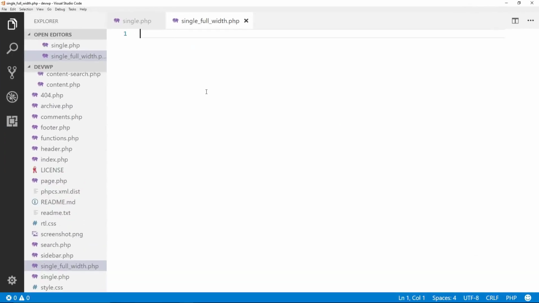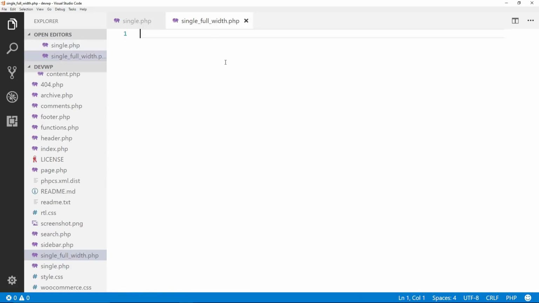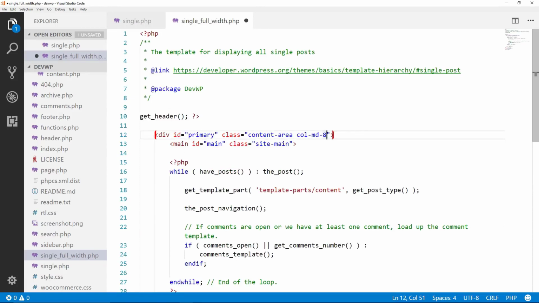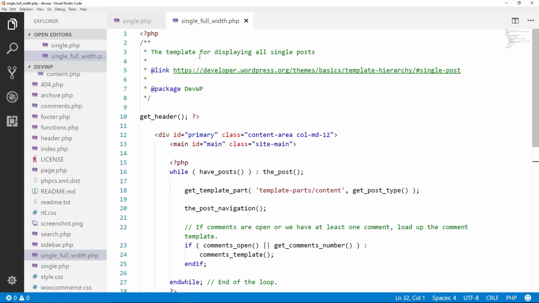So over here, we're going to pretty much just grab everything from here, paste it in there, but we're going to go to the top. We're going to make this 12, and we're going to take out the sidebar. That's if you don't want to have any sidebar in this location. And then over here, we're going to give it a template name. So we're going to say template name colon full width